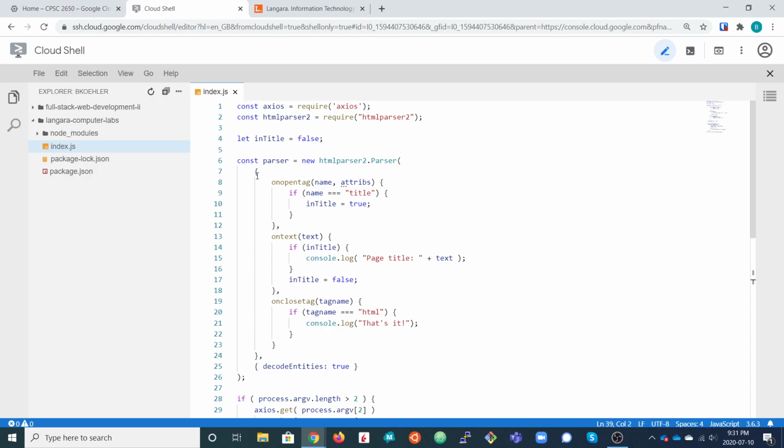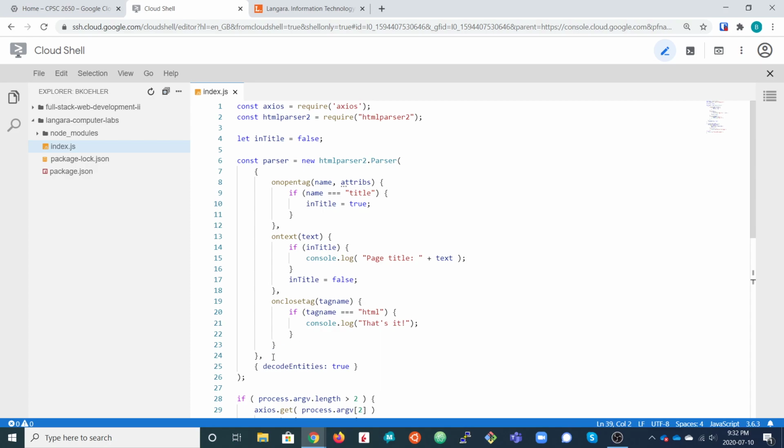The first object contains a number of functions that are going to be triggered on various events as the document is parsed. There are about a dozen or so different events that we can key in on. In this case, we are really interested in when the parser is processing an open tag, the text for an HTML element, or the closing tag. So we provide event handlers for those three particular events.